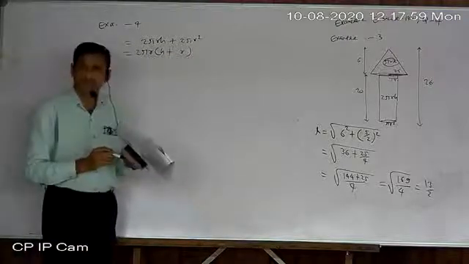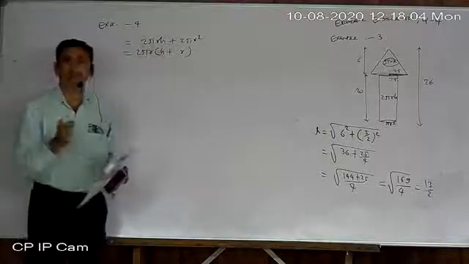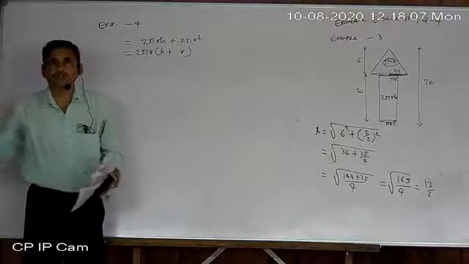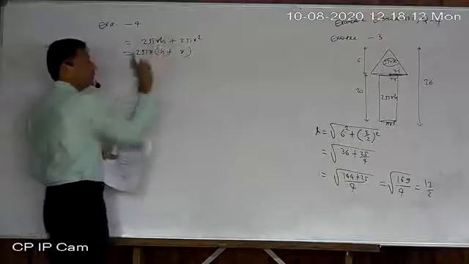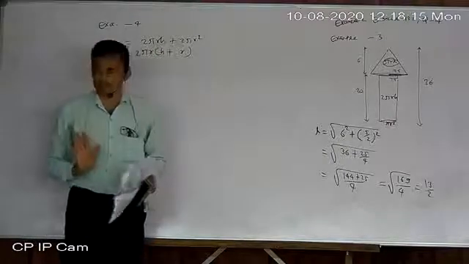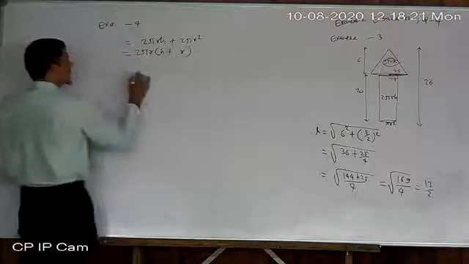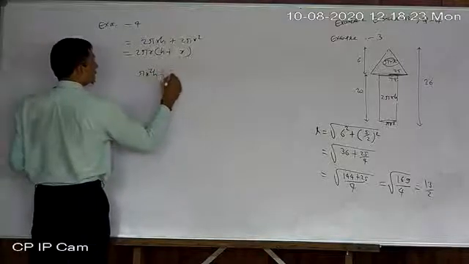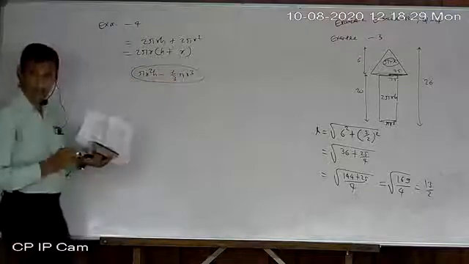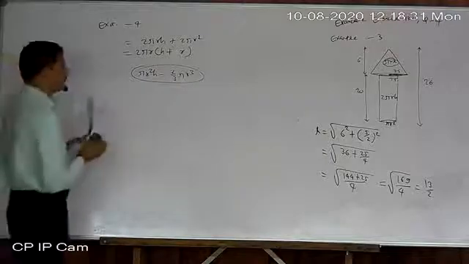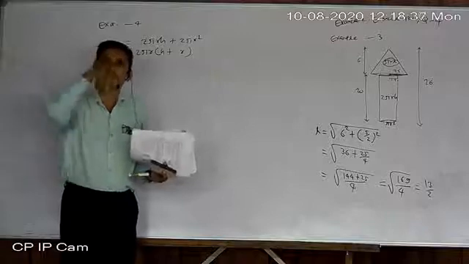Why? Whenever a depression is there in an area, then area is added. If it is a case of volume, then volume will be subtracted. Why? That portion is removed. That quantity has gone. But here, in area, don't subtract area. Area is mostly added, never subtracted. Keep in mind, if it is a case of volume, then we may write pi r square s minus 2 by 3 pi r cube. But this is for volume only. Area is mostly added, whenever you carve out or make a depression in any shape.